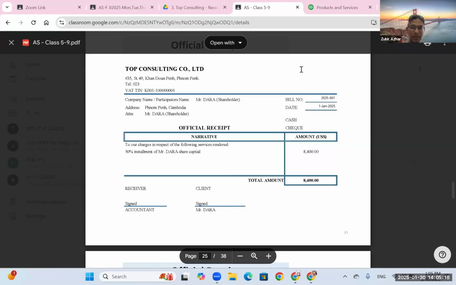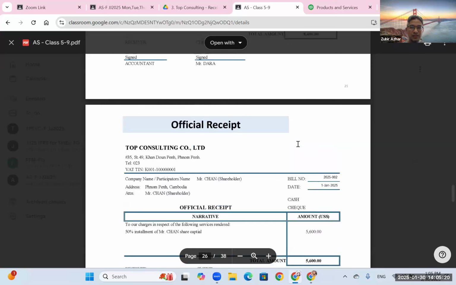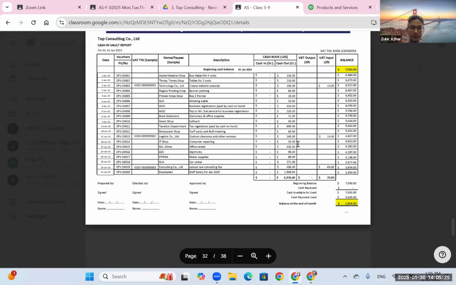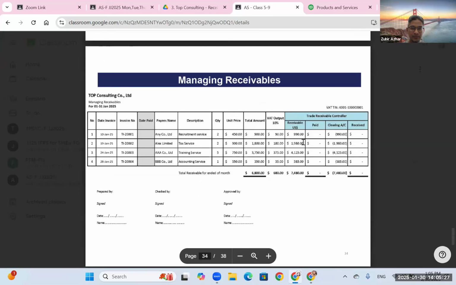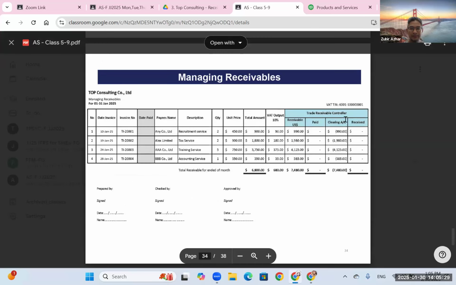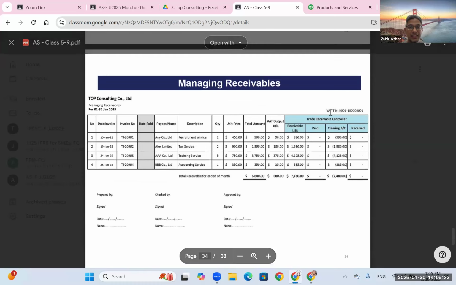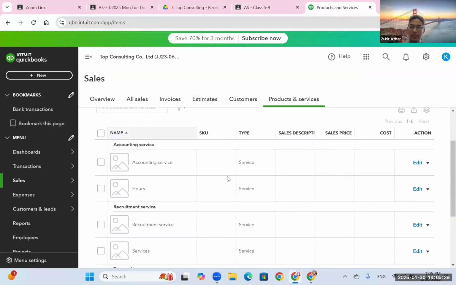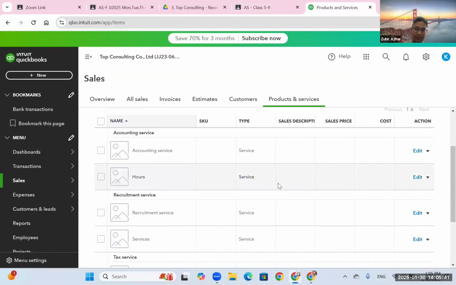Okay, can I see your managing receivables? Can I see your QuickBooks under sales products? Okay, you have already created all. All right, great. Same like Vatai's screen just now, right?